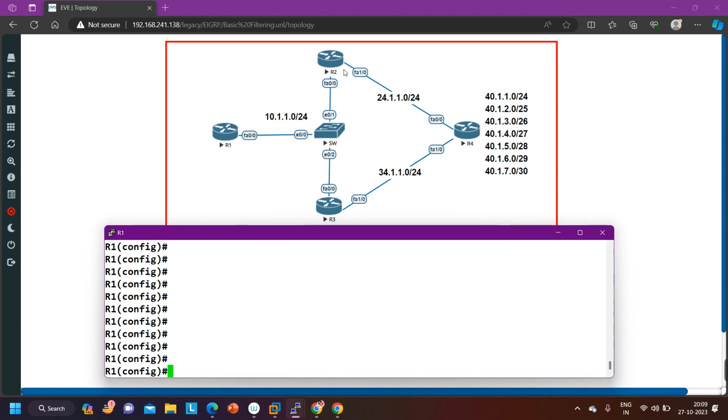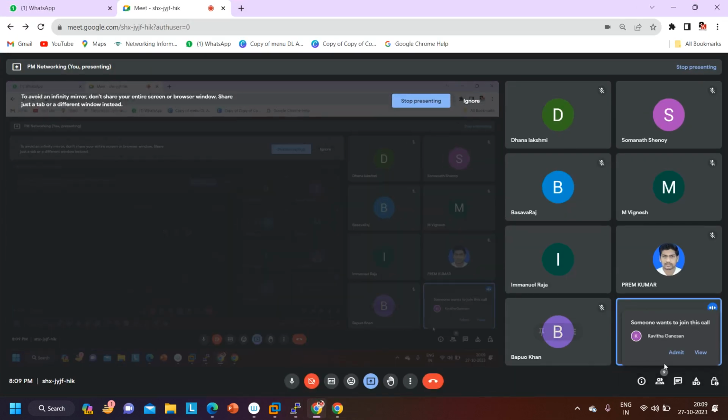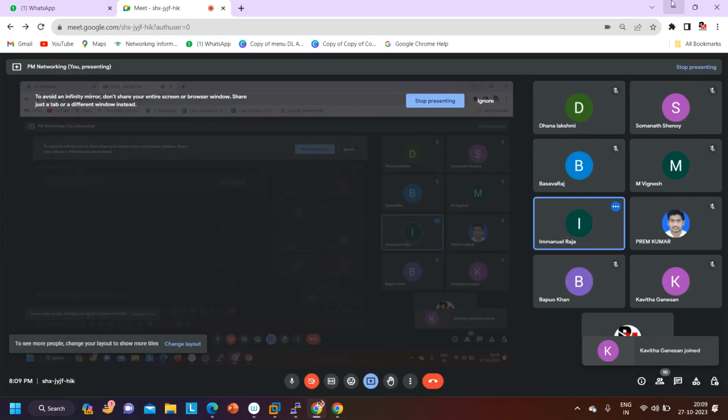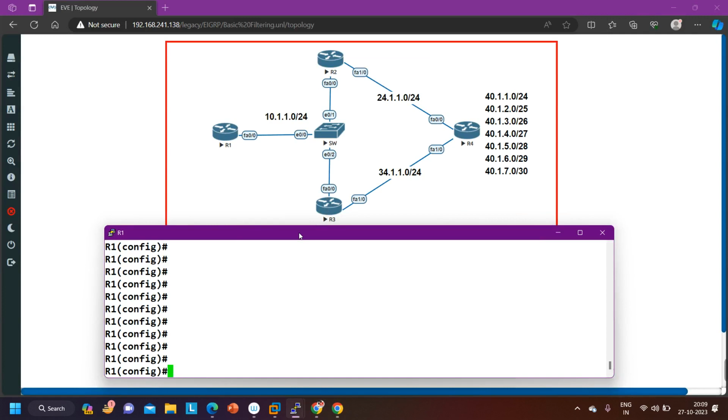Yeah, extended ACL can, with the source you have to mention, right? In a standard ACL, we cannot define source. In extended ACL, we can. So here we have to use extended ACL because this time I am interested in defining the source also. So I will create an extended ACL, access list number 101, and then deny